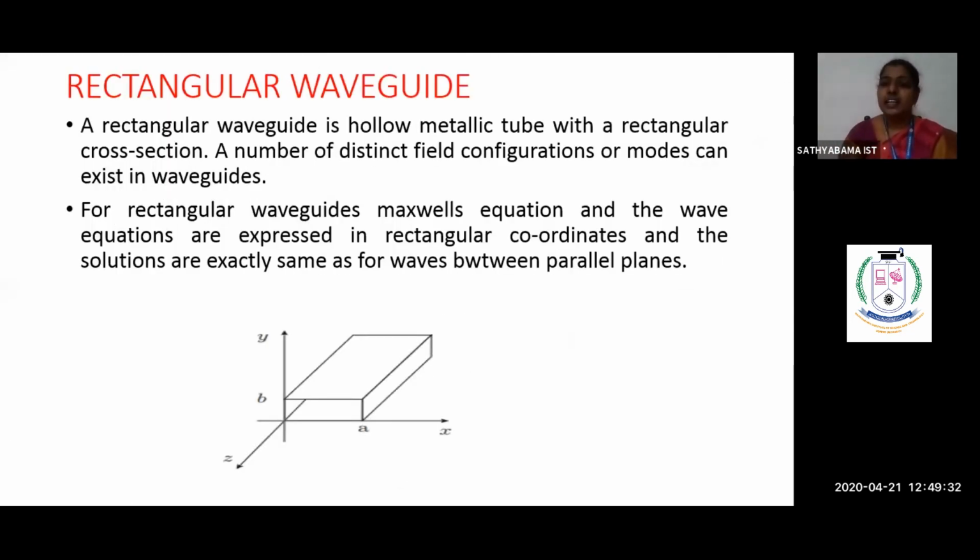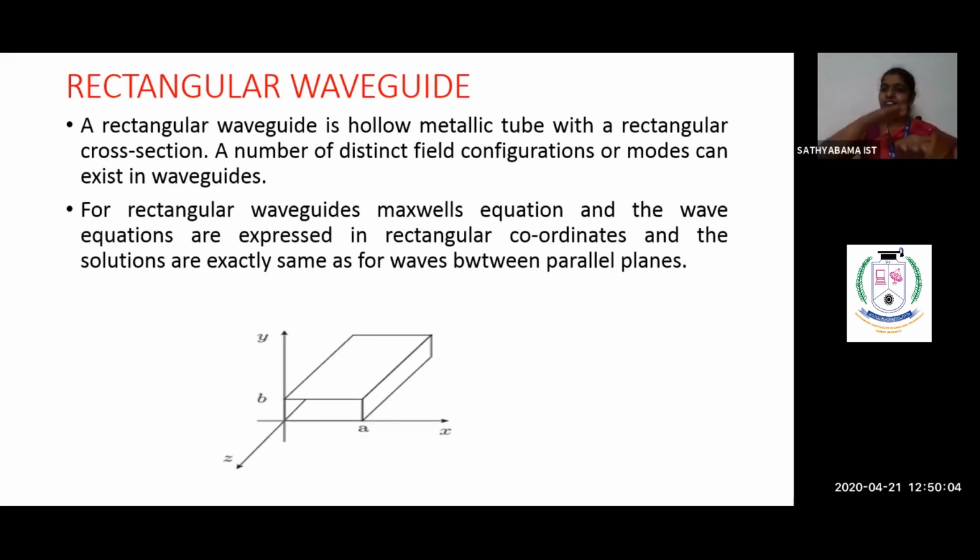Next is the last topic of your unit 5, rectangular waveguide. So already we have seen in the previous session what is a rectangular waveguide. So rectangular waveguide means a hollow metallic tube of uniform rectangular cross section from top to bottom is what we call your rectangular waveguide. Inside the medium the wave is going to propagate. So now if I ask you what is the constructional difference between a parallel plane waveguide and a rectangular waveguide, I think you will be telling what is the difference.